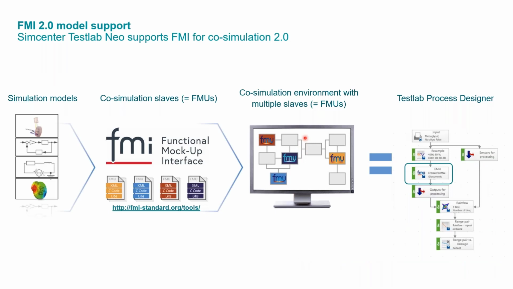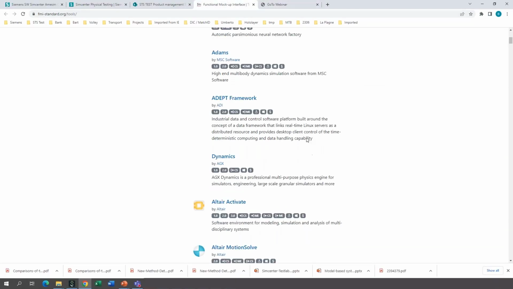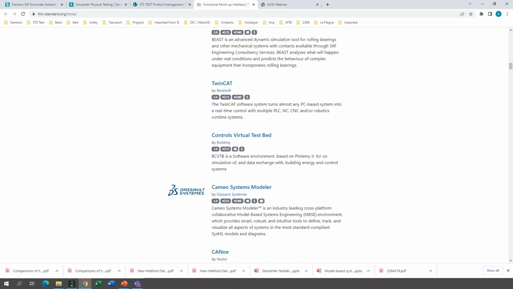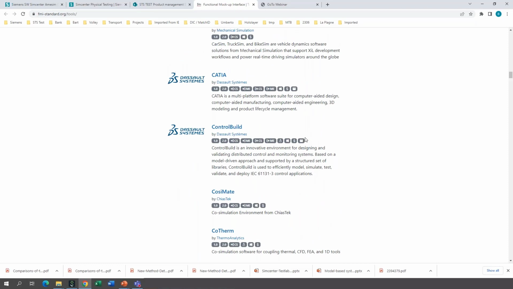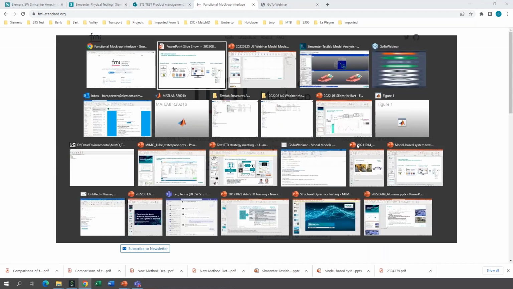So if you're interested to know more about this FMU, it's not a Siemens invention, it's a standard that people use to exchange models. And if you take a look at this website, oh yeah, here it is. So here you see a list of companies that are supporting these FMU standards. So everybody is there basically that is generating models. And these FMUs allow to exchange models and use models in a different environment. So there's like 170 plus tools that are supporting it. So this is a website maintained by a committee behind FMU.